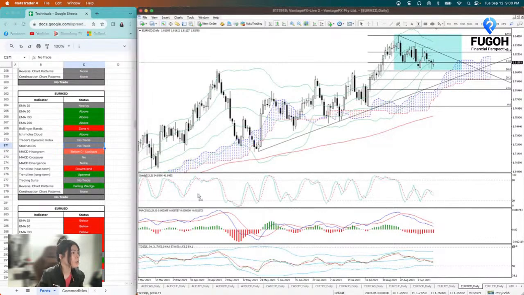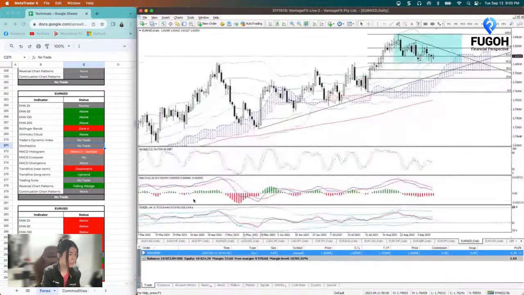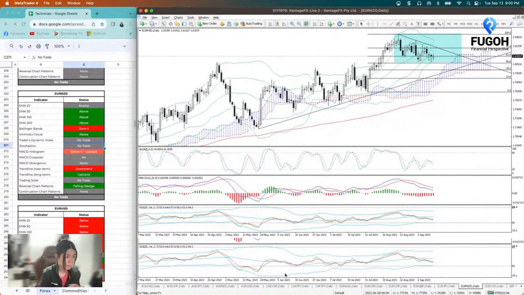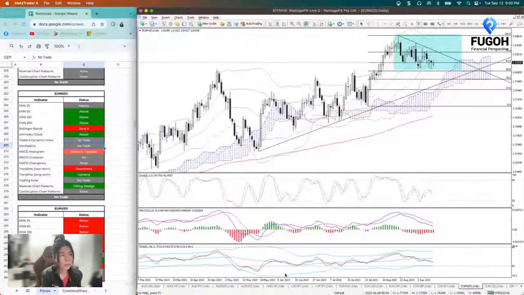So as of the moment, we only have one trade. For this one, we have Euro Aussie, one trade in here. I will be ending the webinar already because my schedule is only 8 to 9. But then again, guys, I will finish up the technical analysis on my own, and then I will be posting it on my